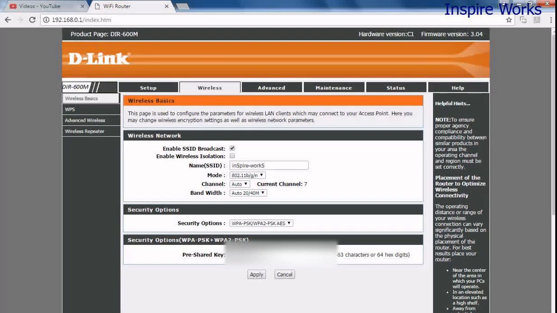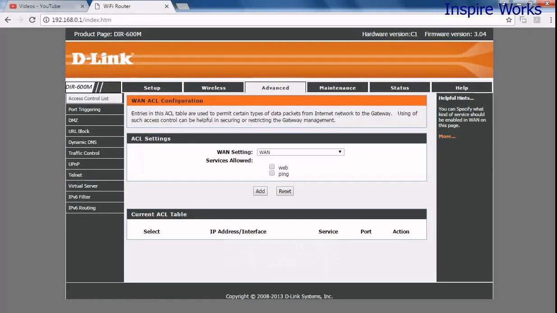It will show all the details and information of your wireless through which anyone would like to connect. Your colleagues, you and your family members would like to connect with the device. They need the Wi-Fi name and the password which is given over there. So it's very important to set this up, and please keep the Wi-Fi password strong so that no one can access it or break it.